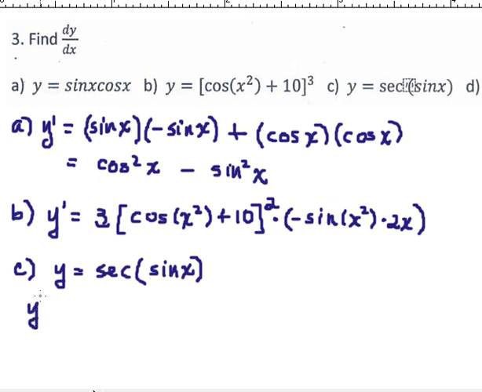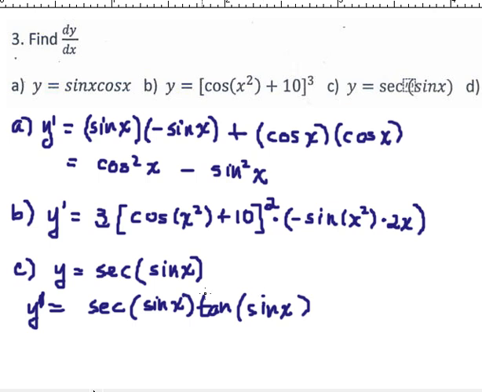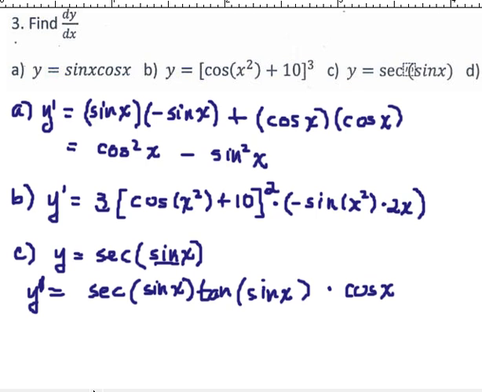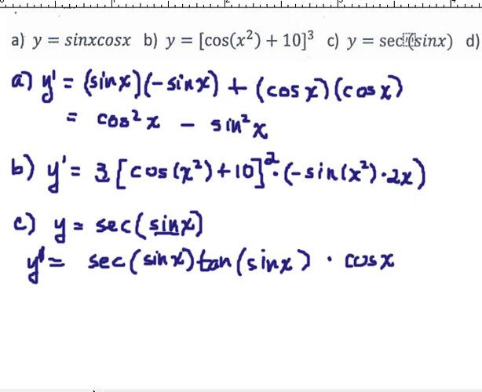Alright, so we have y prime is equal to, first we'll take the derivative of secant, and the derivative of secant is secant tangent. So we have secant of sine x times tangent of sine x. And now we're multiplying by the derivative of the inner function, the derivative of sine x, which is cosine x. Okay. All right, and our last part in this question is,